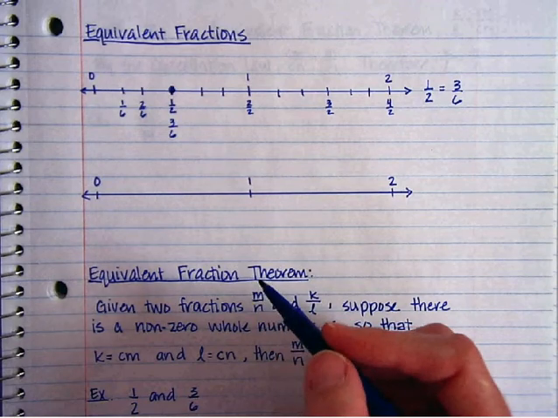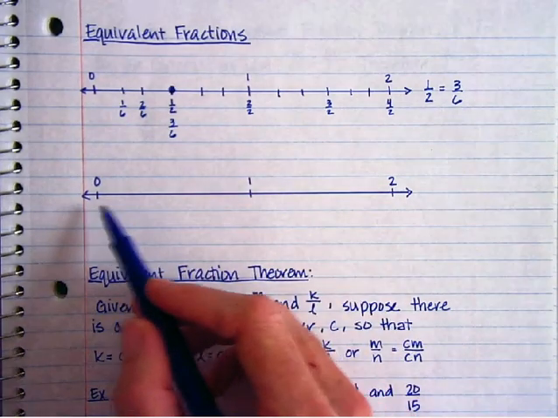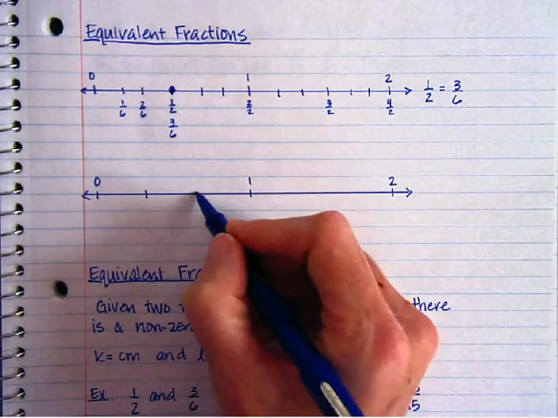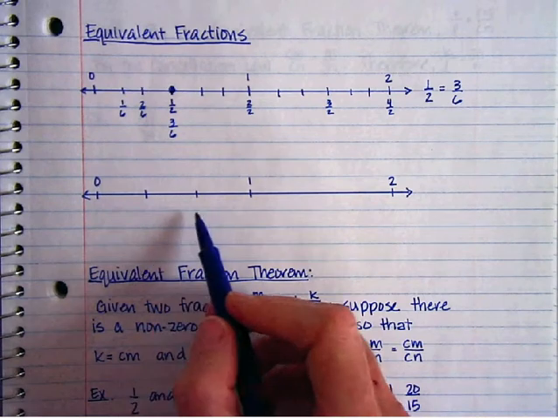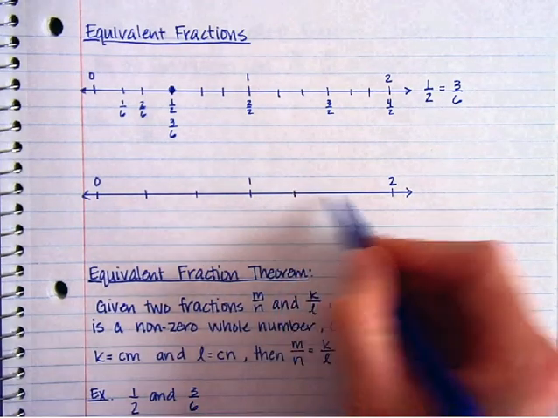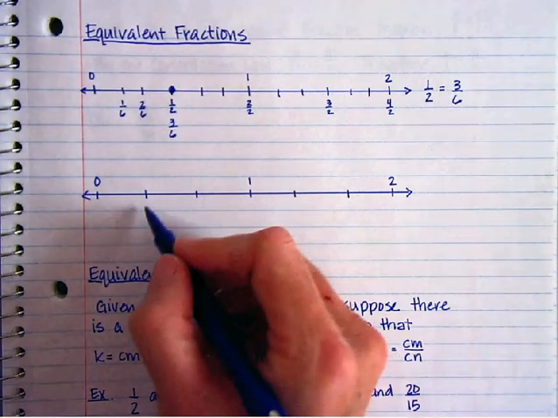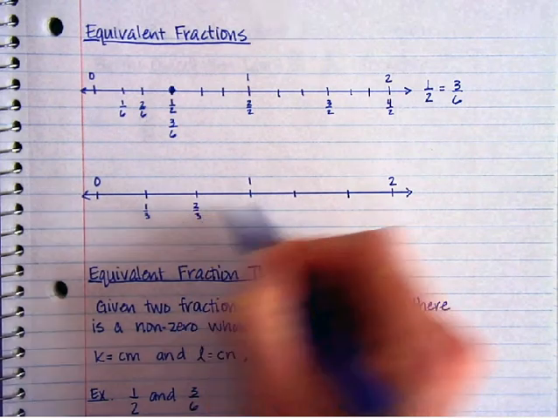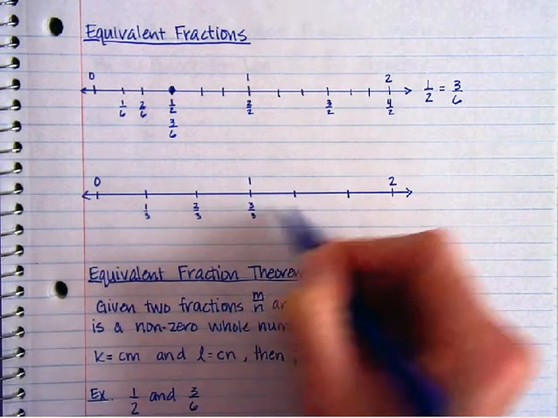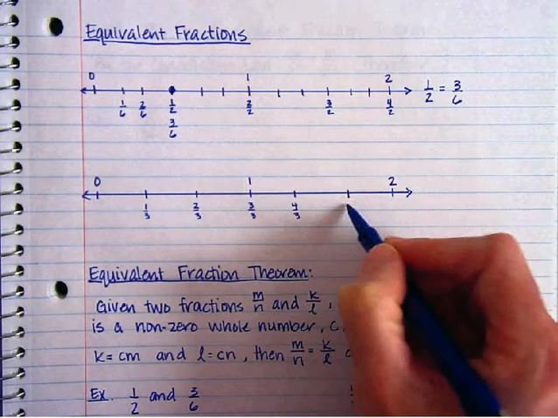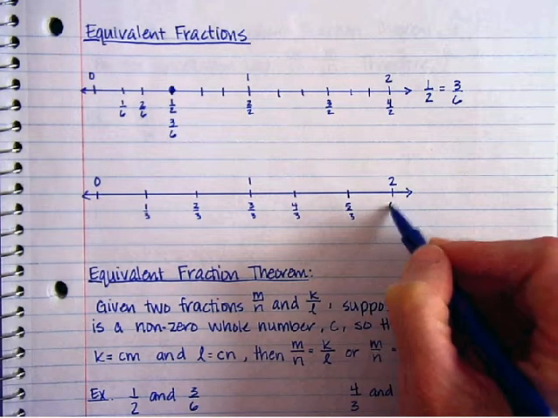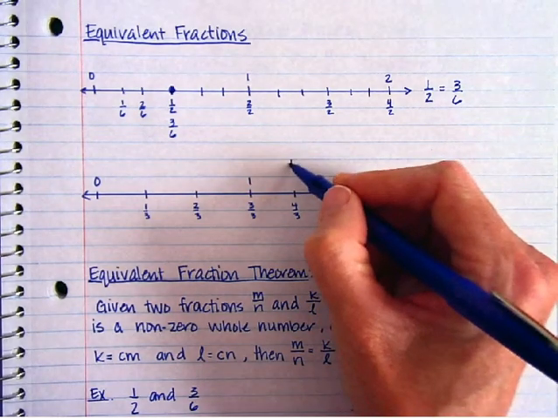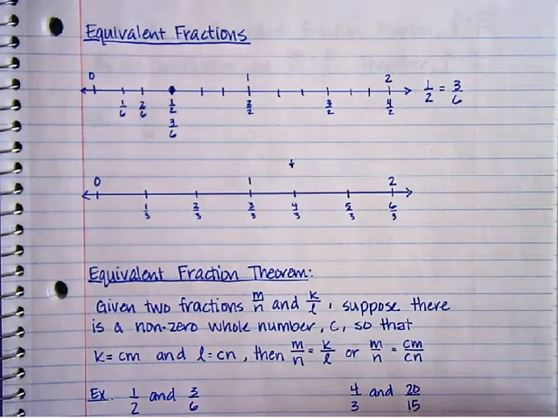Let's try 4/3. So if we are going to partition our unit segment into thirds, I make that one partition to 3, do the same thing with the other segment, and now this becomes 1/3, 2/3, 3/3, 4/3, 5/3, and 6/3. Alright, so here is 4/3 right here, and let's say that we partition each of these pieces